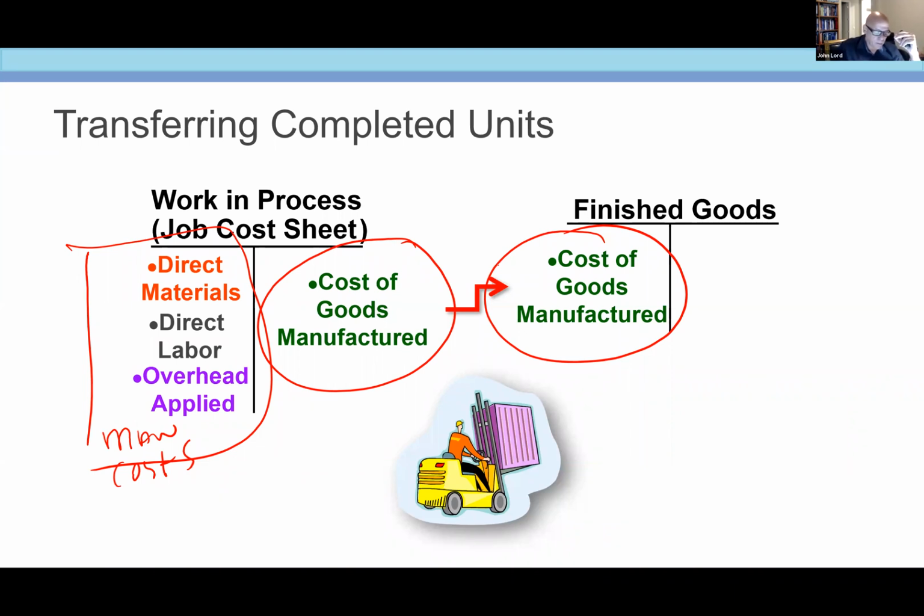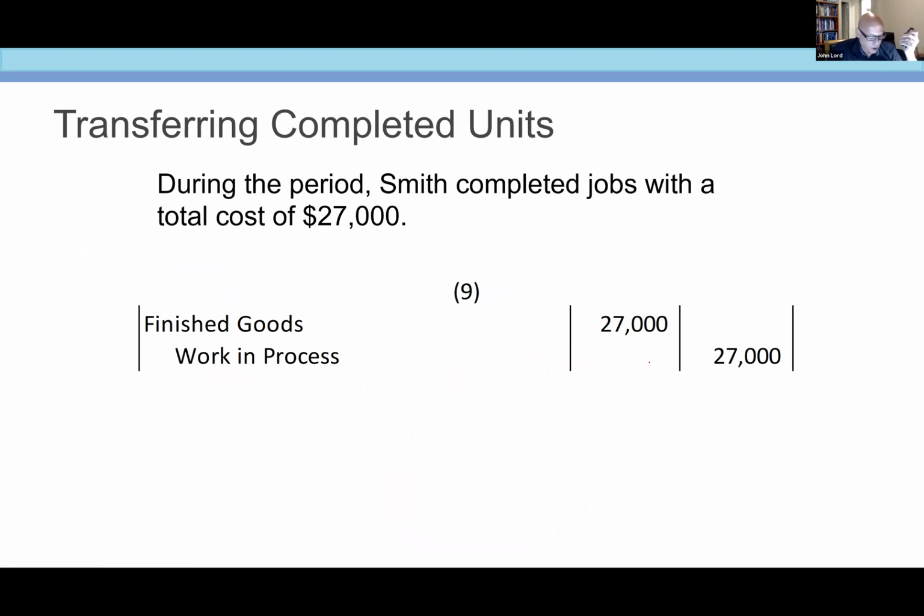Question? So this is purely a definitional term, guys. Cost of goods manufactured. By definition, it's what you finished for the period. It's what you took out, what you subtracted from work in process, and what you put into finished goods. And then cost of goods sold. So there's a journal entry to take things out of finished goods and put it into cost of goods sold. And then,